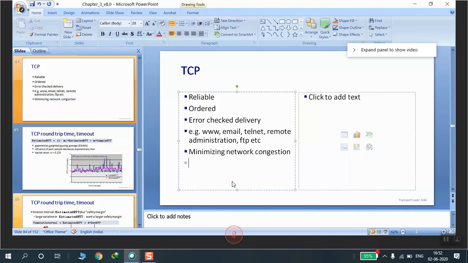TCP has its own level of abstraction. It covers the underlying network delays. The sender doesn't care what the network layer and others do, because TCP, or let's say a transport layer protocol, does the abstraction of underlying network delays. And TCP is optimized for accurate delivery rather than timely delivery.